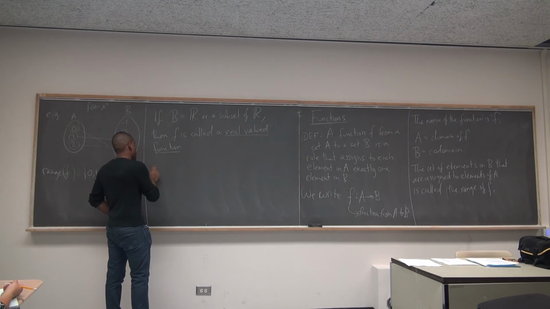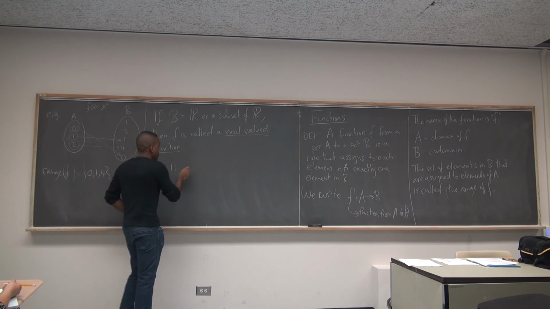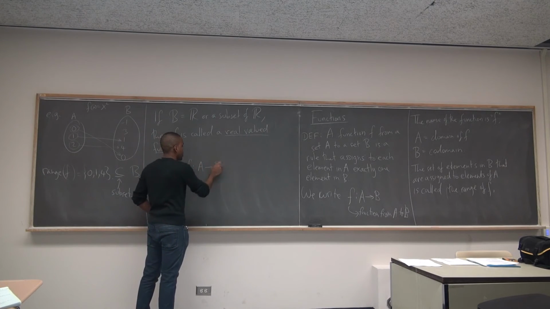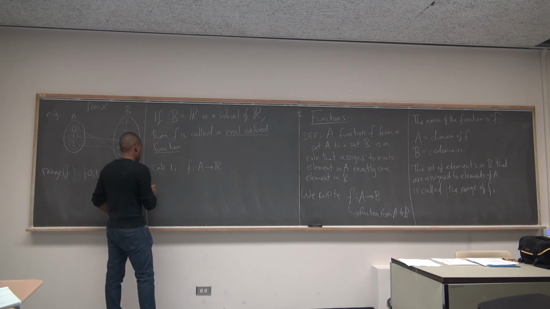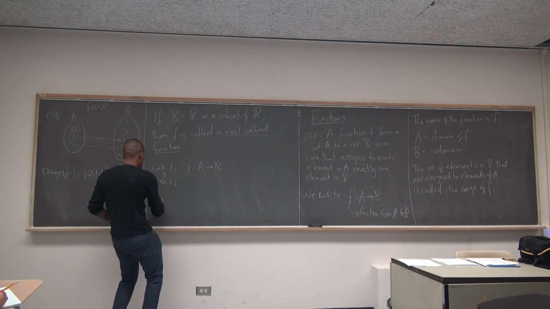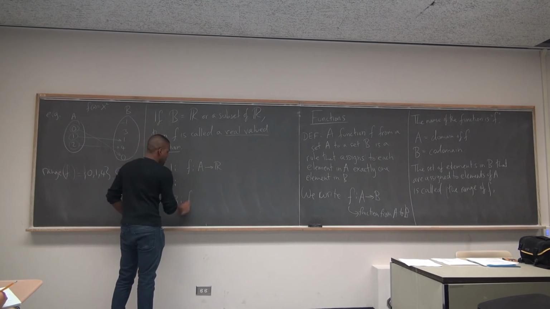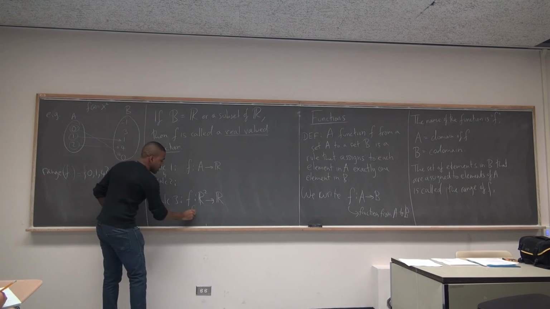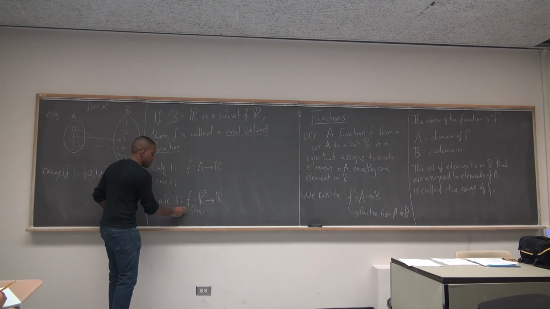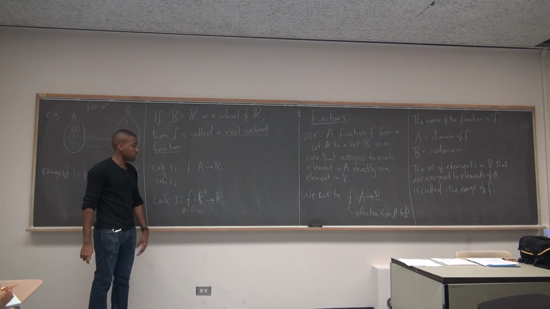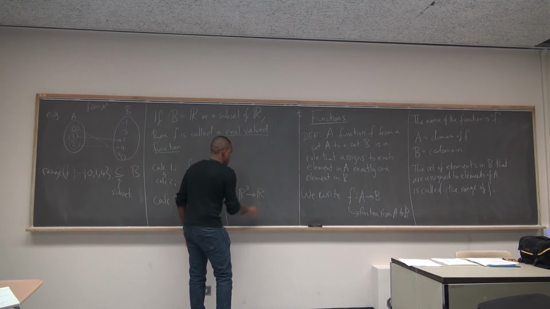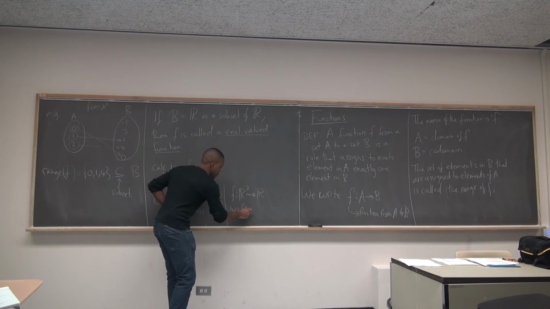So things like calc 1 and 2, functions are usually from A to R. If you go to calc 3, then sometimes you'll have f going from something like R2 to R. These are the guys that are f of x, y. z equals f of x, y. Every time you were looking at a function like that, you were thinking of this. Or you might have seen functions from R3 to R. This is if you see something like w equals f of x, y, z.